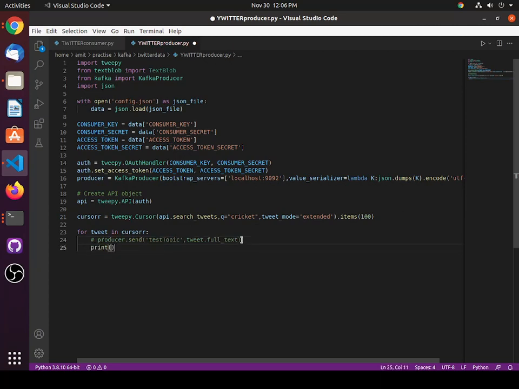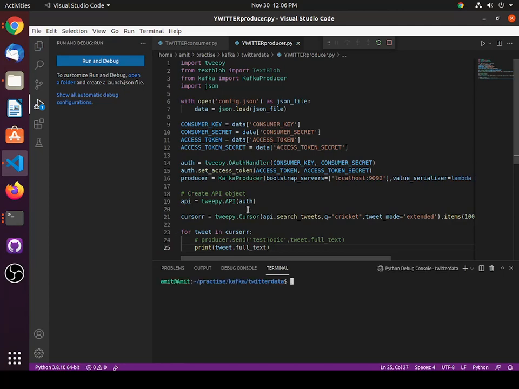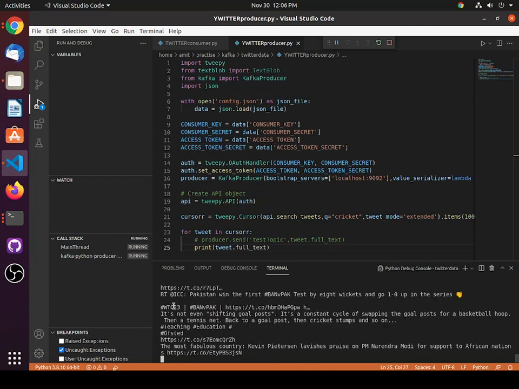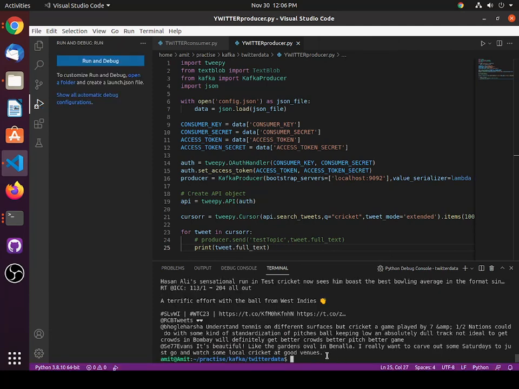Let me print those tweets, so to show you, print tweet.full_text. When we run this Python file, as you can see, we get connected to Twitter, and the recent 100 tweets about cricket have been loaded here. You can see one user saying it's beautiful, like the gardens oval in Benalla.